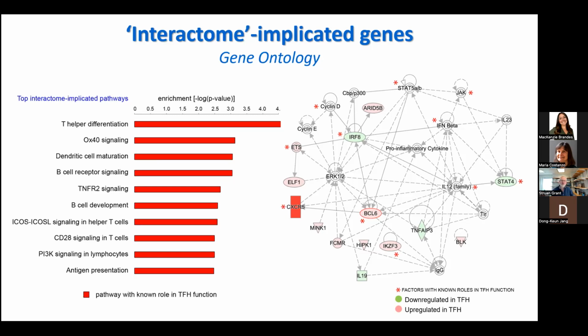What I also pointed to was that there was a lot more known biology at these loci than what was originally seen when you looked at the nearest gene. That meant that we could actually triage a lot of the leads away because they'd already been studied, and it left us with a handful of genes that had never been implicated in lupus. And we started working on those, particularly in Andrew's lab, and we realized there's a couple of genes where there are existing compounds that haven't been applied to lupus, and we're exploring that route.